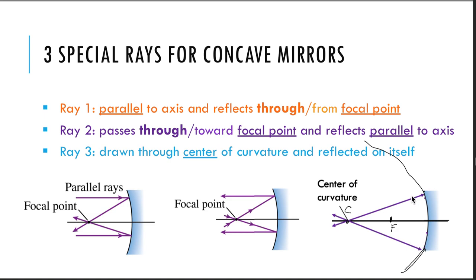same exact direction. So in general, you really only have to draw 2 rays, and wherever they intersect, that's where your image is going to be formed. But I always want to draw 3 rays because what if you make a mistake when you draw the first 2, and then where they intersect is not really where your image is? But if all 3 rays intersect at the same point, then you have a pretty good idea that you haven't made a mistake, because it's very unlikely for 3 rays to intersect at the same point if you haven't made